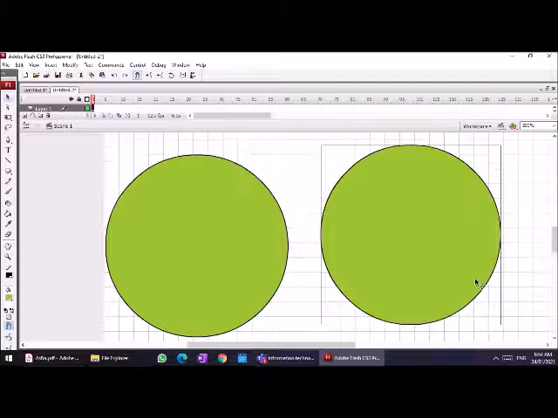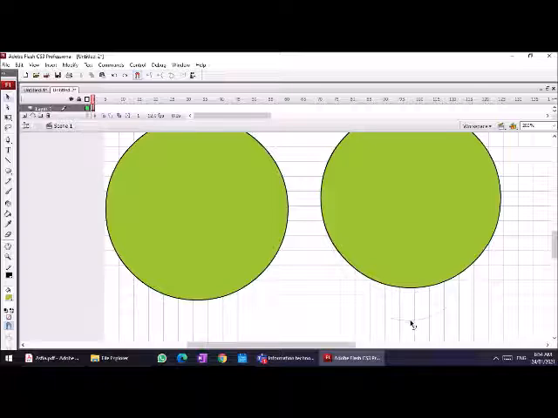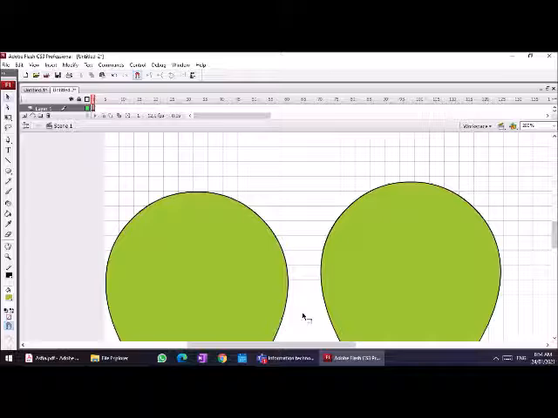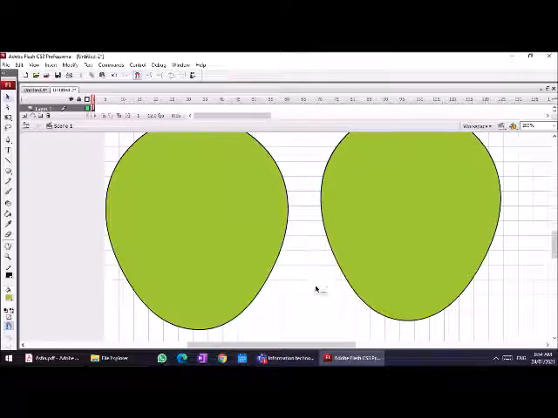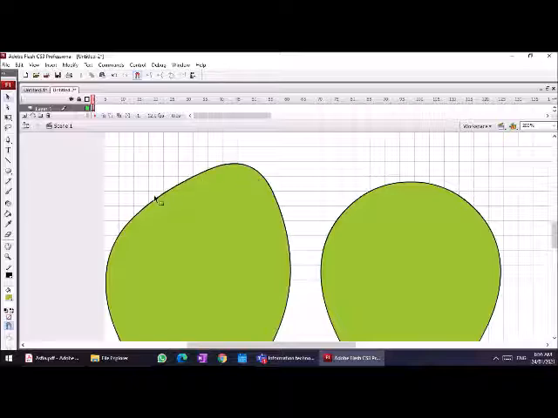Now this is the object drawing. See the mouse cursor? From both, we can easily see that we have made a new shape.